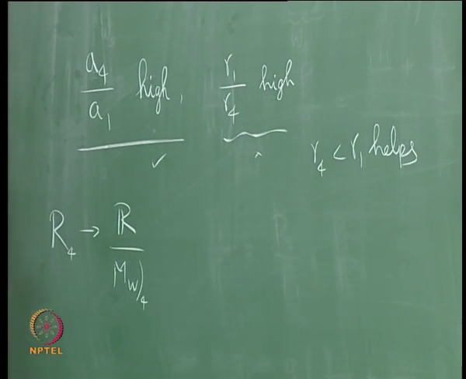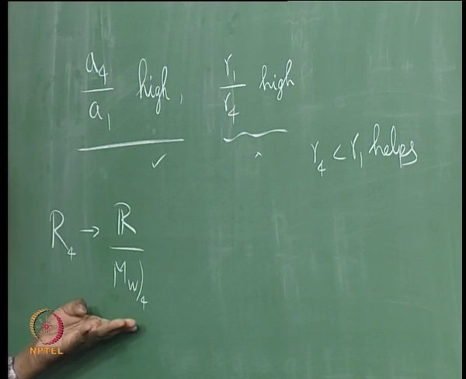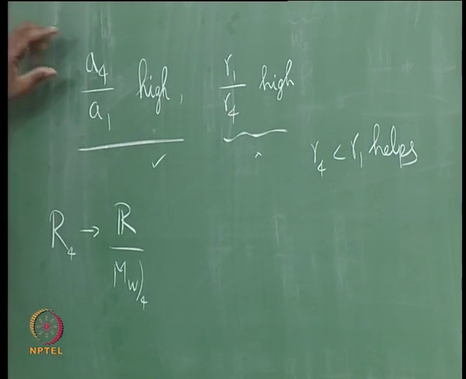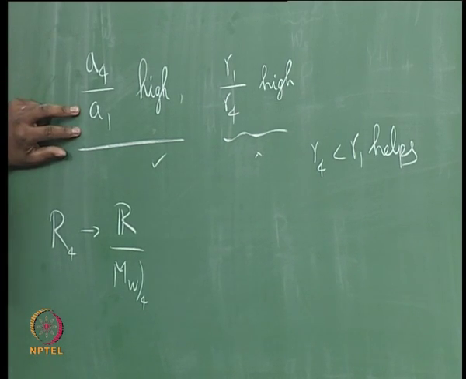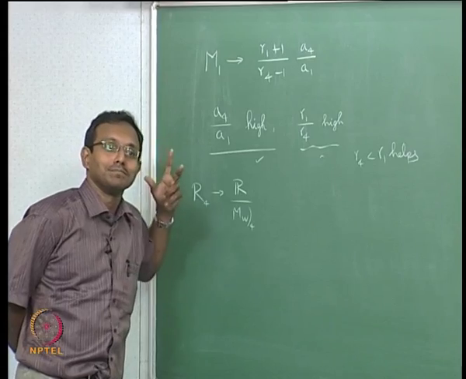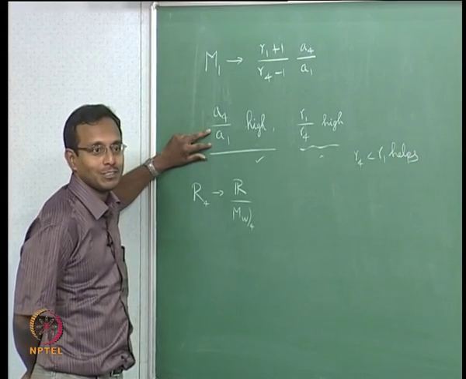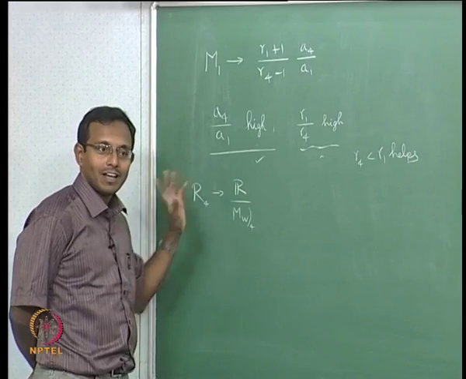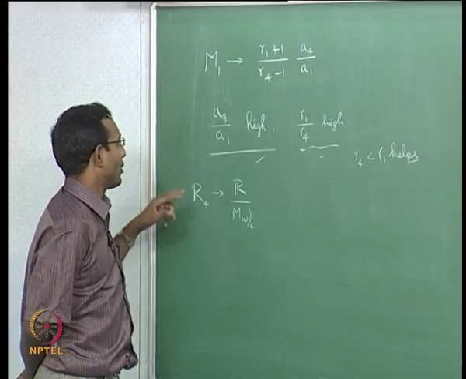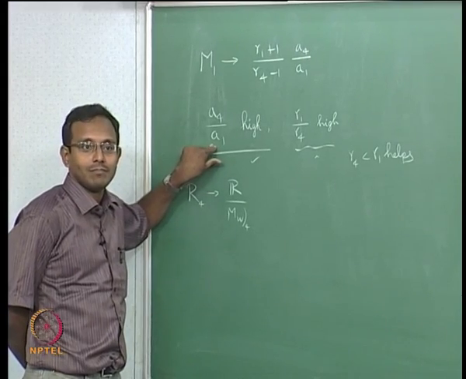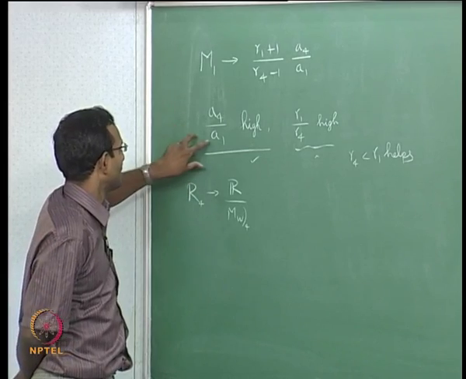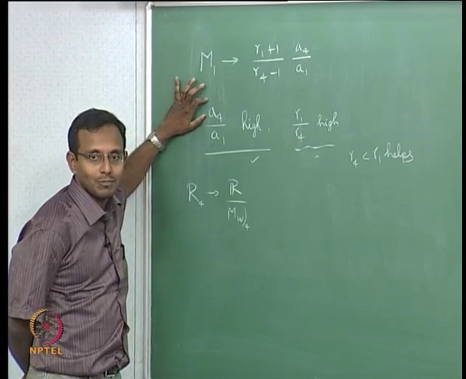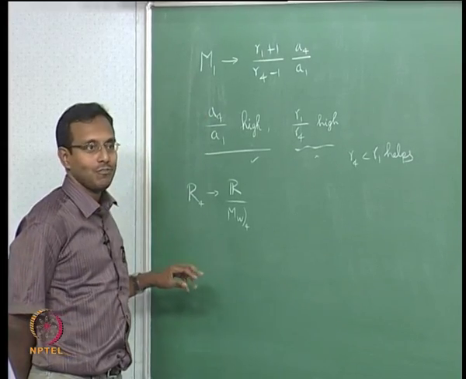So typically people use helium for this. Helium is really light. People can use helium, and now they will say, yes, I will get very high A4. A1 typically should not be helium, right? We want it to be as high as possible in molecular weight, so that A1 decreases a lot. Again, along the same direction, I want to think about A1 should be having higher molecular weight gas. But based on the application, typically we will not have the luxury of changing the gas at 1. We will see why next class, probably in 5 minutes. We will have only the luxury of changing this, because most people use this particular shock tube